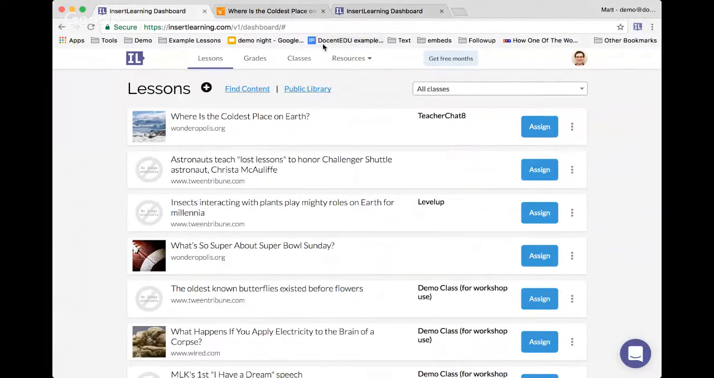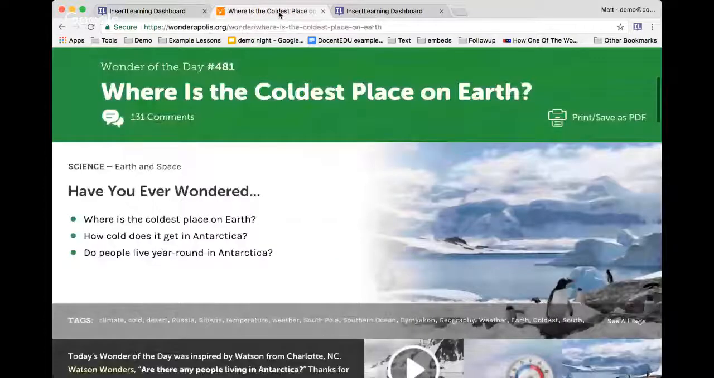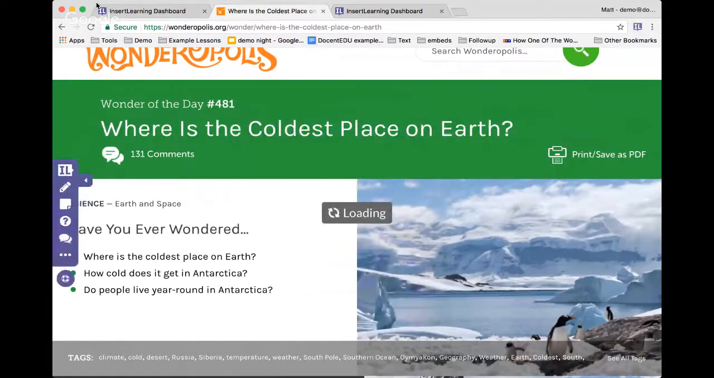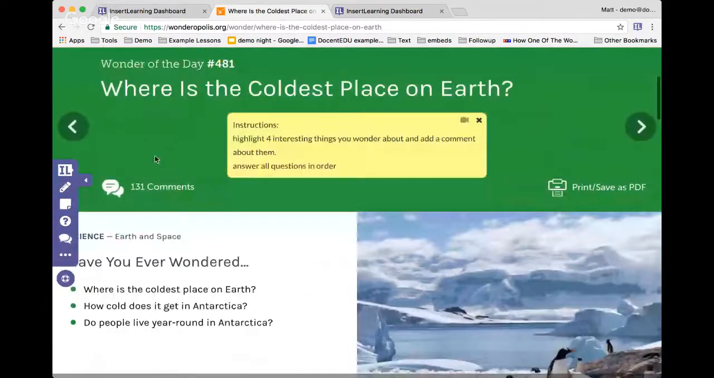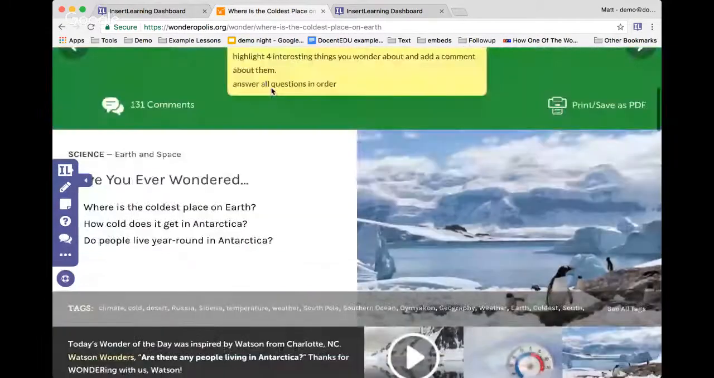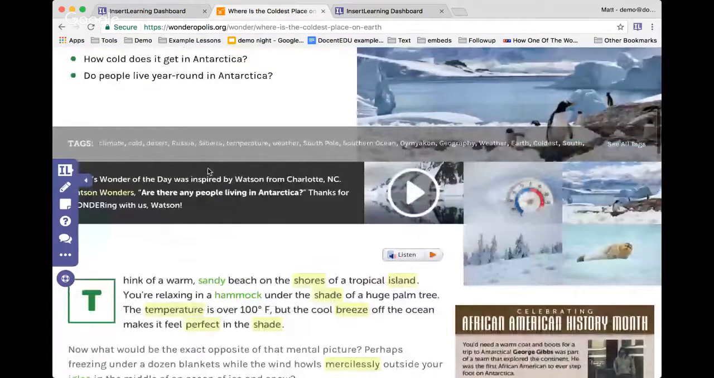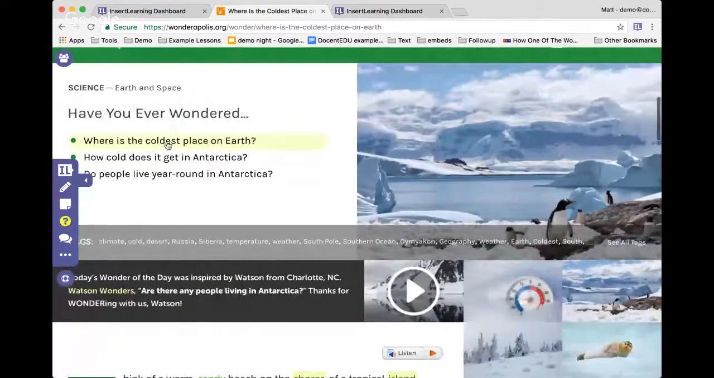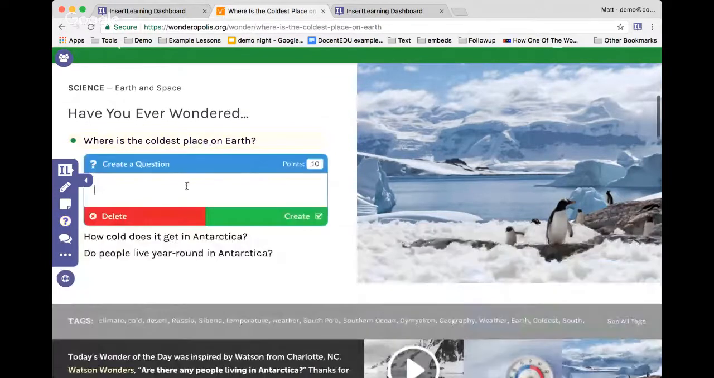All right, so what we're going to do now is I'm going to reload the page. I'm going to load the Insert Learning extension on here again. And you should be able to see that when you get to that page. So down here, I'm going to add in some questions as we go along, right? Because that's where's the coldest place on earth? I'm going to turn that into a question. I'm going to click on this question button. I'm going to click up here on this, have you ever wondered? I'm going to ask the question of, what do you think is the coldest